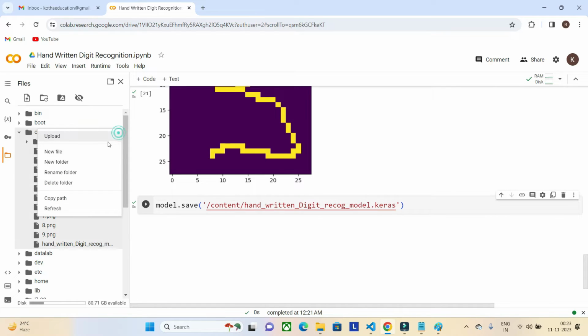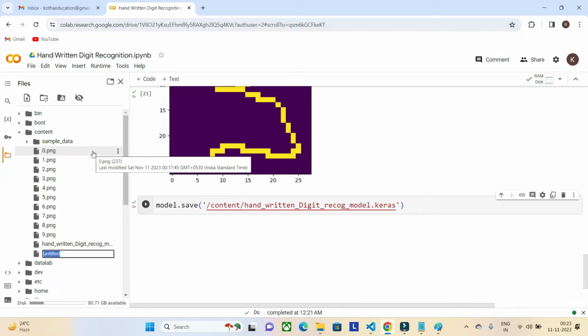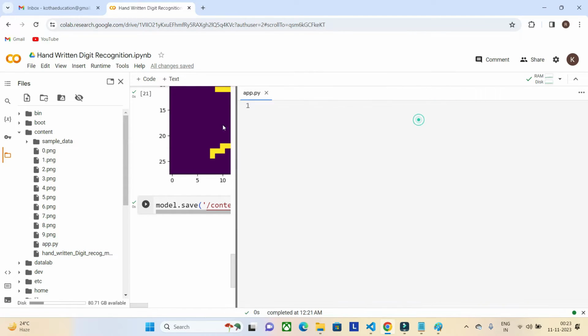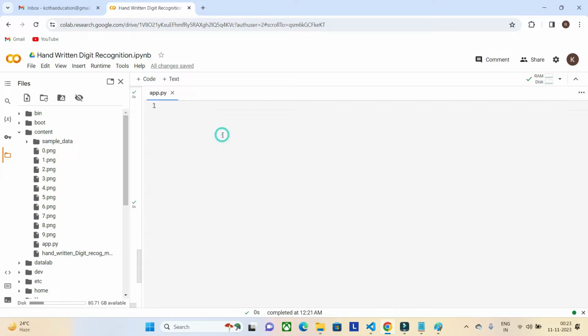So now I'm going to the content, new file, app.py, and let me open that file. Here I'm going to write the code to deploy it with Streamlit as a web application. Till this step, creating a model and saving that model is usual, similar to our local setup. The second thing, app.py, is also similar. There are only differences when we are running it. I'll show you that as well.